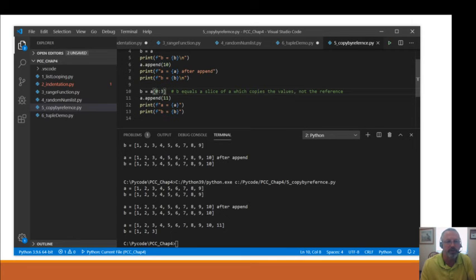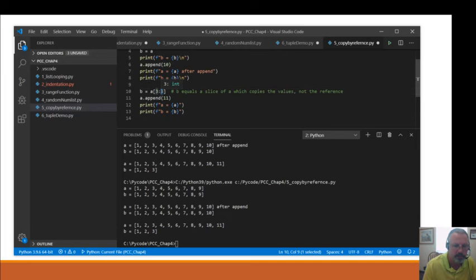Now I don't have to put a 0 here. If I just leave that blank, it assumes 0, and we get the same thing, 0 through 3. And if I said I want starting with number 3 and going to the end, a slice of A starting at the 4th object to the end of the object, I could do that. And you could see it starts with 4 through 10. So if B equals a slice of A, 3 through the end of the object, we're getting all the way from 3 to the end of the object.